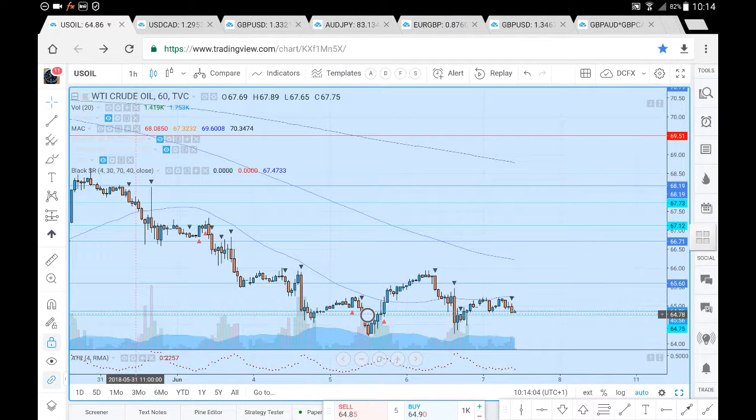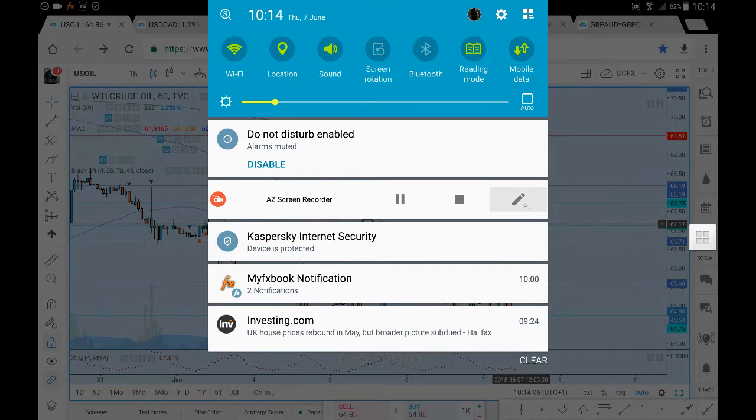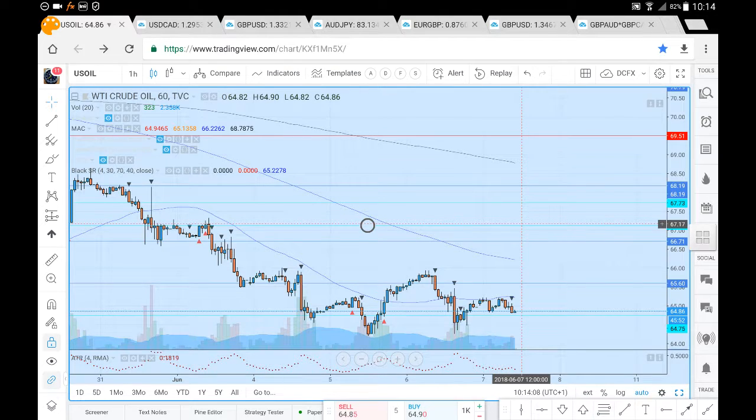So this US oil analysis for Thursday, 7th of June. Now, let's just have a look at prices and where prices may likely go. So previously we've had prices come down towards the mid 64s actually. We're just going to have a quick look